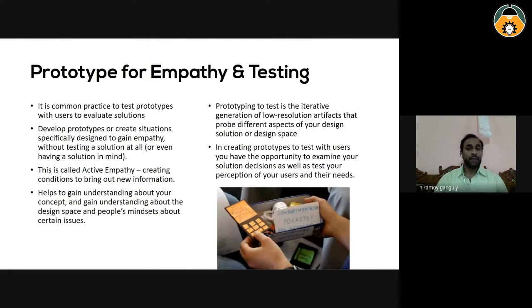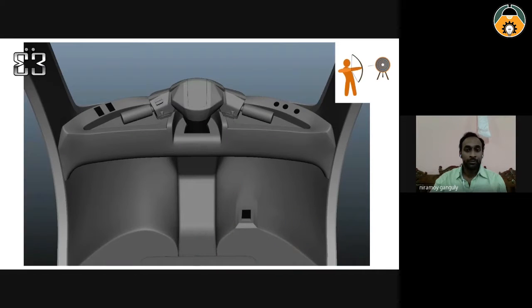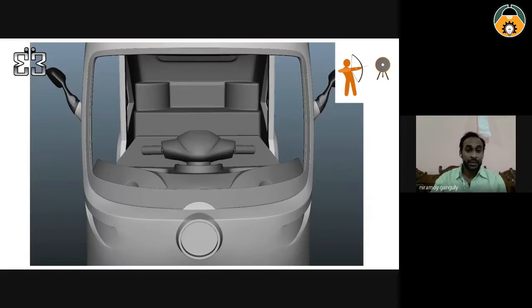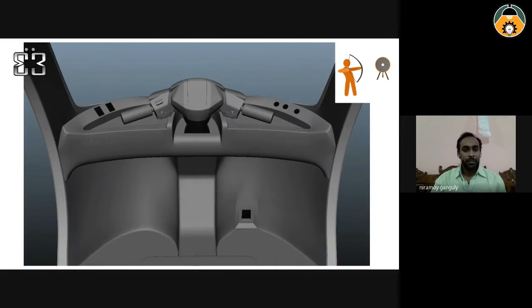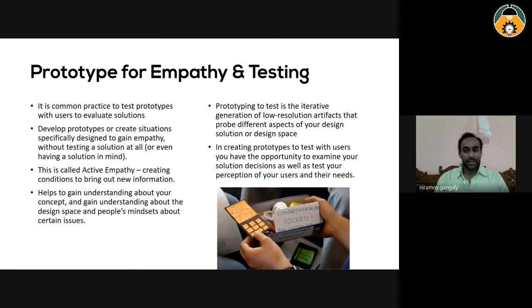So, prototype for empathy and testing. This is when you are prototyping for empathy, when you put yourself into the shoes of what the user is going to be. So when I would be prototyping this particular model, especially the interior cabin, which is quite important, sitting, making little boxes over here, trying to figure out what the dimensions are going to be, whether the height is correct,